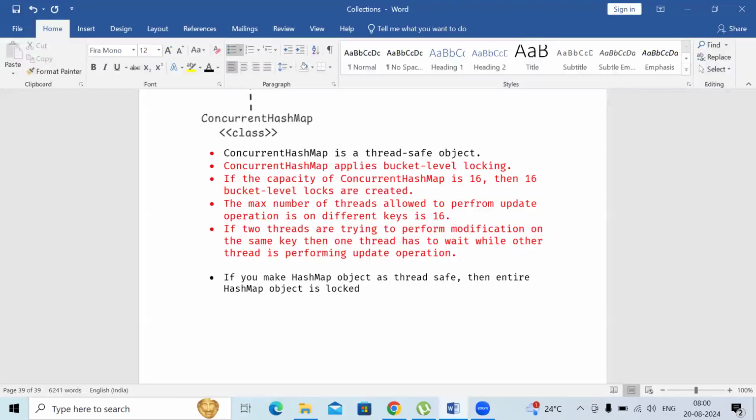If you make a hash map object thread safe, then the entire hash map object is locked. So a thread who wants to modify the value of a different key also has to wait